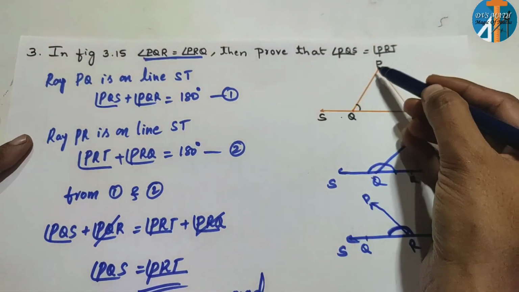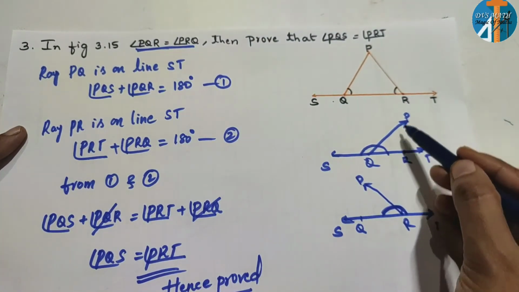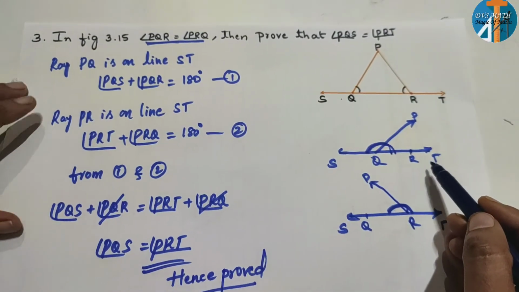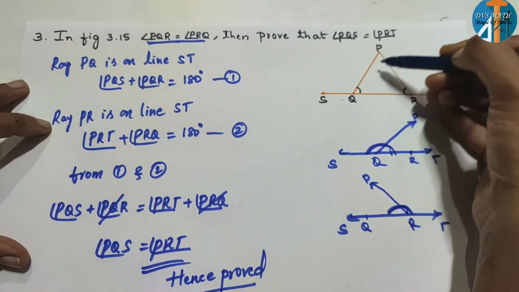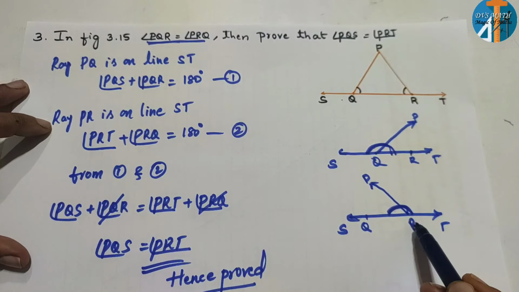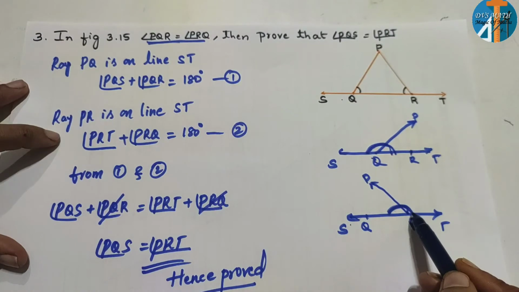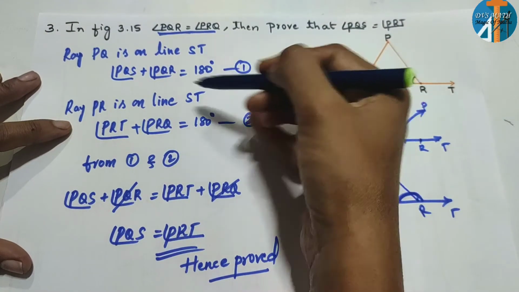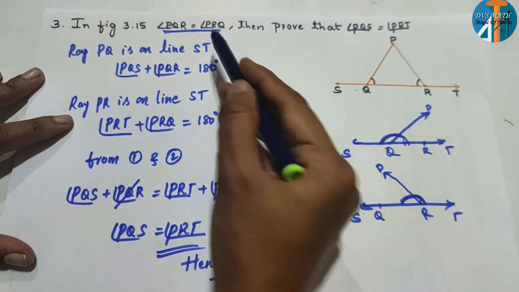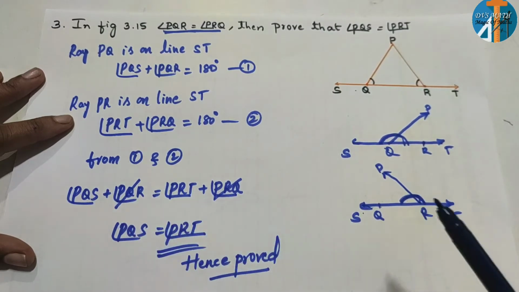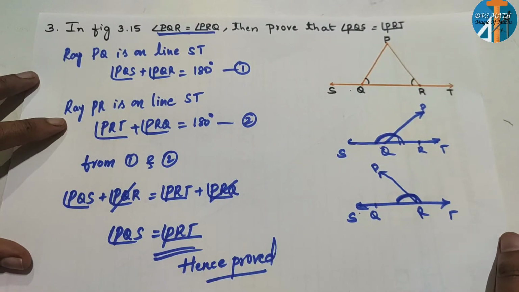Here, first you have to consider this ray separately: PQ on ST, but you have another point like this. So the sum of these two angles is equal to 180 degrees. Consider it as equation 1. Then again, here we have two rays, PQ and PR. So again we consider PR, and Q is on the same line. Then the sum of these two angles is equal to 180 degrees. Here RHS are equal, so you can equate LHS from 1 and 2. But the given is that these two angles are equal, so you can cancel each other. Finally we are left with PQS equal to PRT. So this is about question number 3 in exercise 3.1.